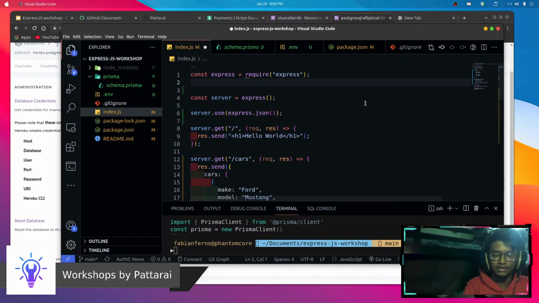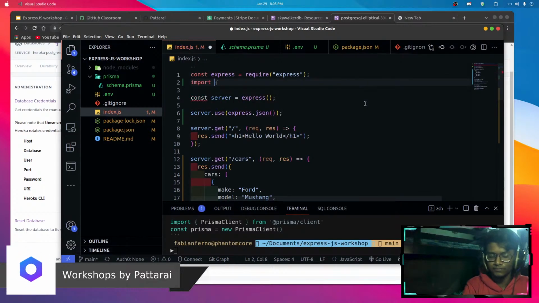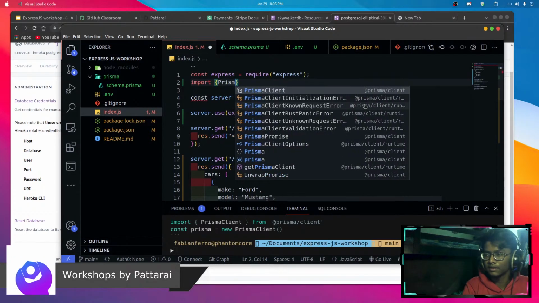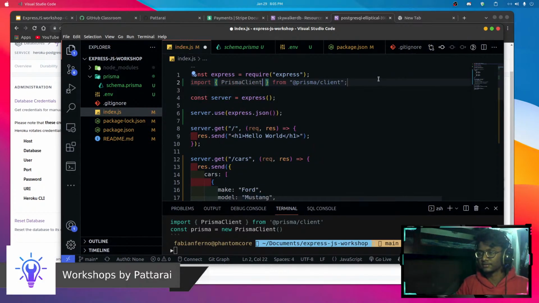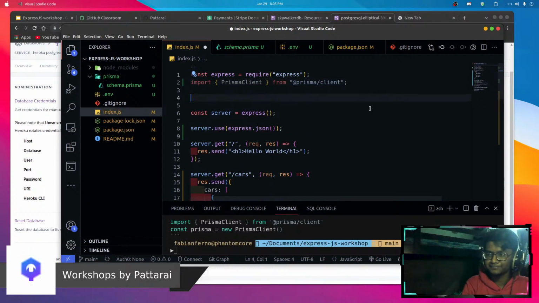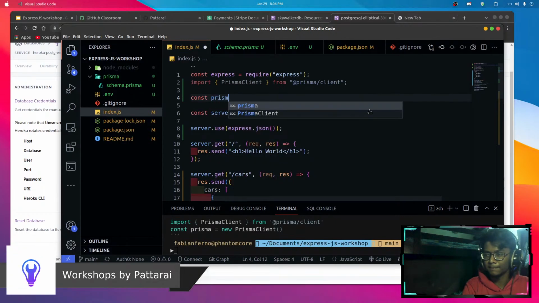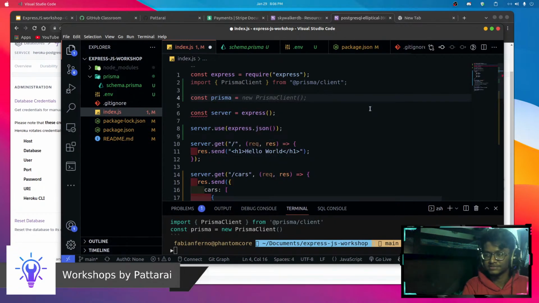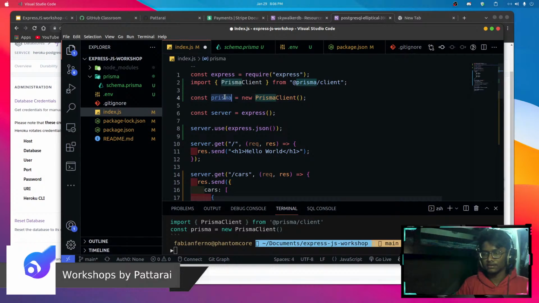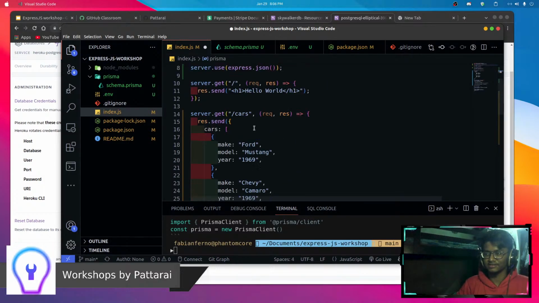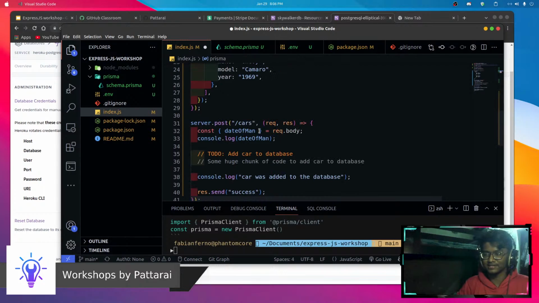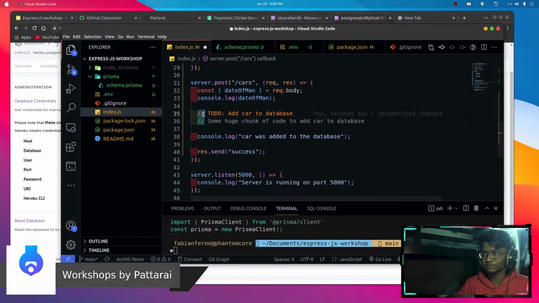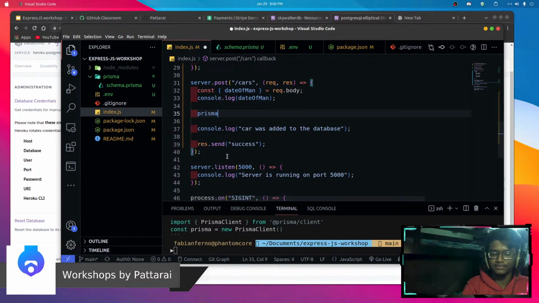So now I can just do this import. I can say PrismaClient from prisma client, right? And now I can say prisma, I'm just gonna initialize that client, and now it's all done. In just a few seconds I'll be done. And I told you this is where you'll be talking to the database. I'm gonna say prisma